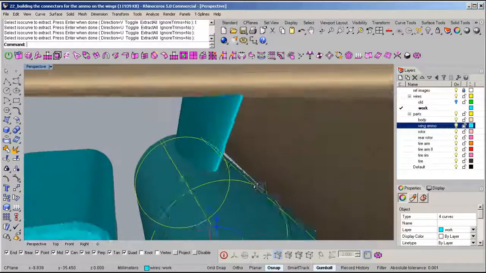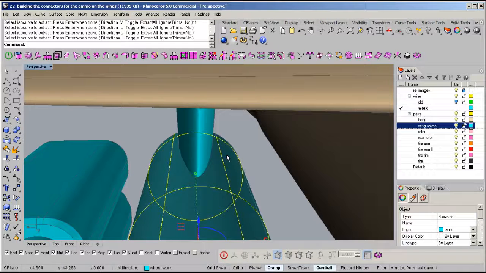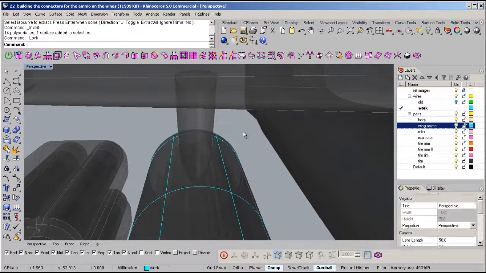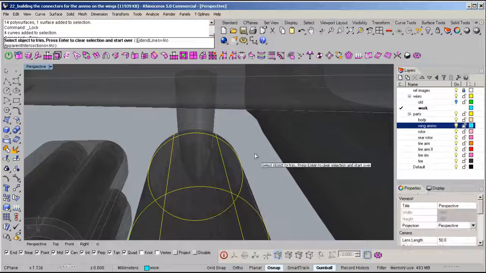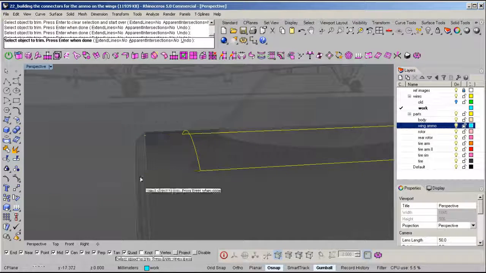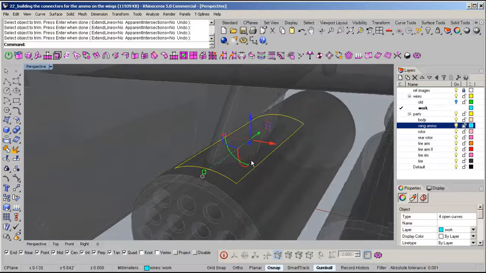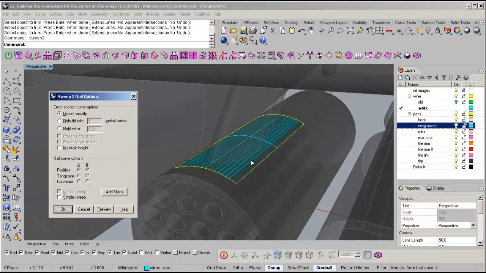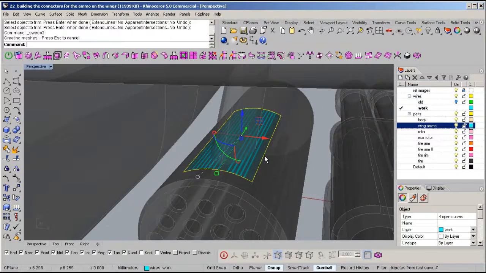Let's go ahead and lock everything else. We'll do a trim command and just select everything on the outside. Hit escape. We'll do a two-rail sweep. And let's hit enter. Delete the curves and